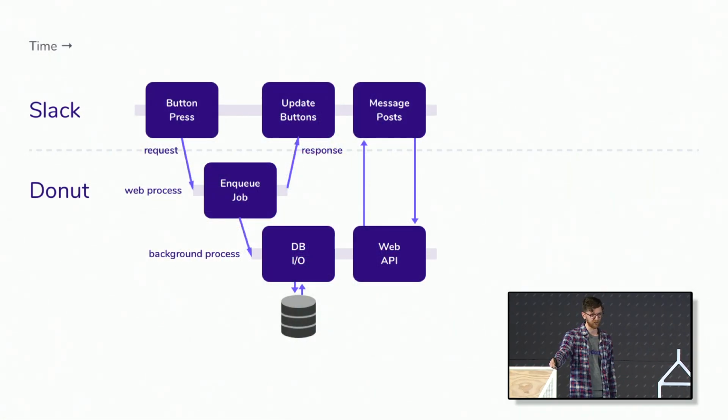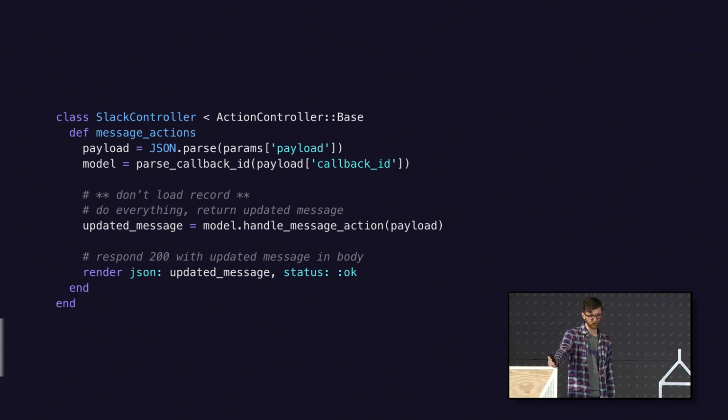So let's take a look at what this would look like with a background process. The idea is we're going to take the work that involved the database and the work that involved the Slack web API and move that down into a background process so that the web process can basically just get the payload, put a job in our job queue so that the worker knows what to do, and then just assemble the new version of the message and send it back. And so this is almost guaranteed to return in under 3 seconds because you're barely doing anything. And then the worker can take its time to finish up the rest. So let's go back to the code and see how we would adjust things for that.